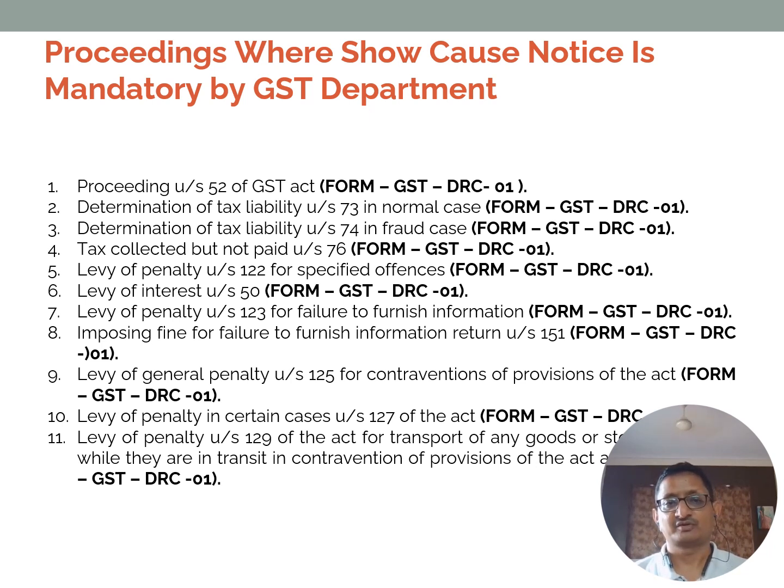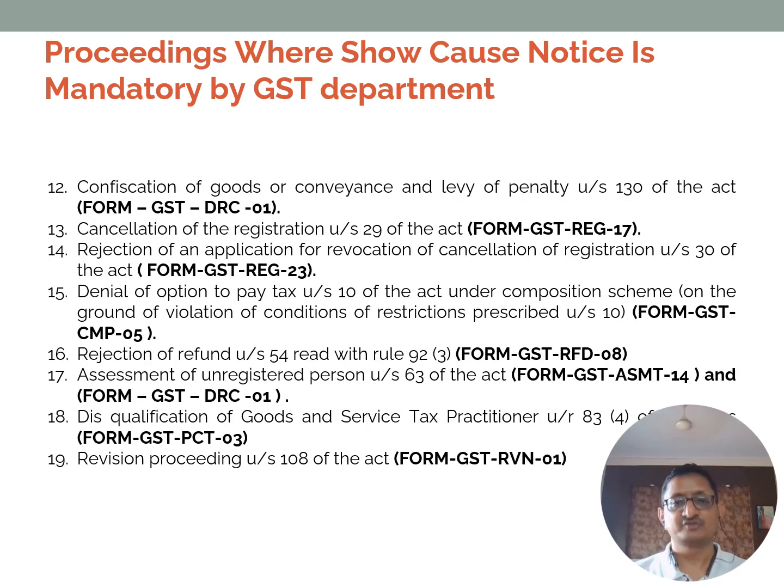Tax collection under Section 76, penalty under Section 122, levy of interest under Section 50, general penalty clause of Section 125. These are the areas where a show-cause notice is mandatory. Some additional areas: a show-cause notice has to be issued under Section 130, the penalty clause, and cancellation of registration under Section 29. So in all these areas, a show-cause notice has to be issued mandatorily by the department